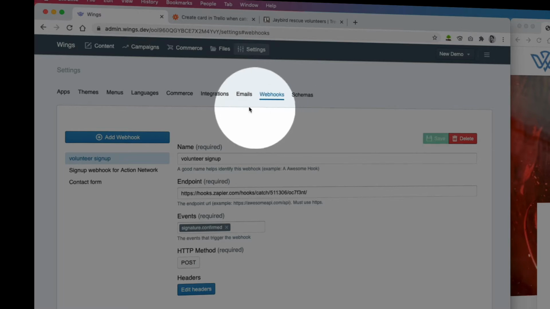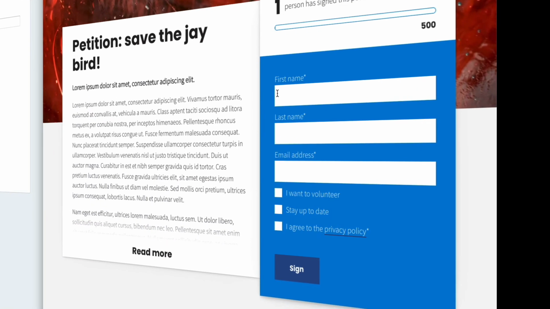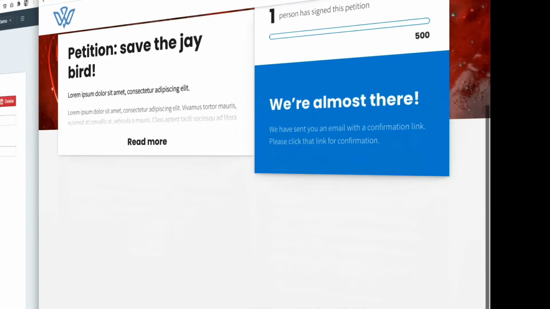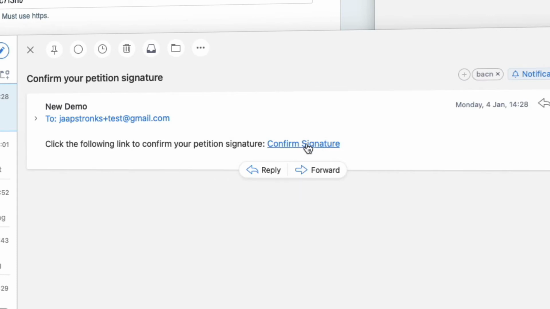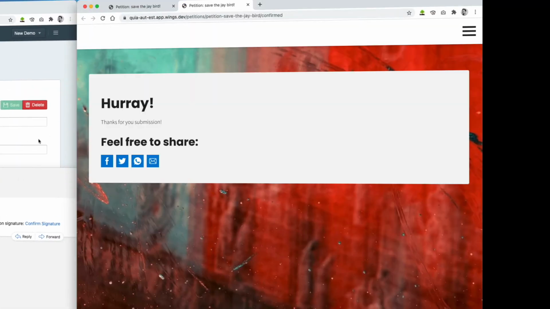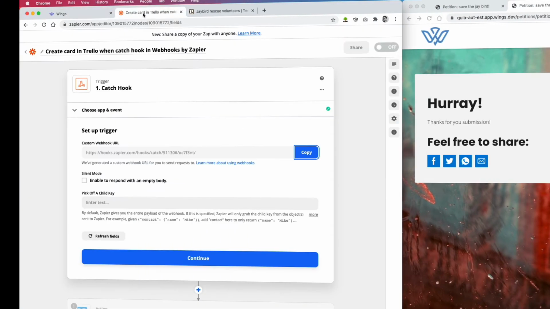So I'll save it. Then I'll actually sign it. And I'll check I want to volunteer, and I agree to the privacy policy. All right, let me check my email inbox. The confirmation email is sent. I'll click confirm signature, and it's sent. So when I return to Zapier,